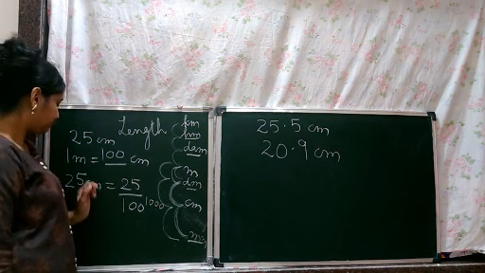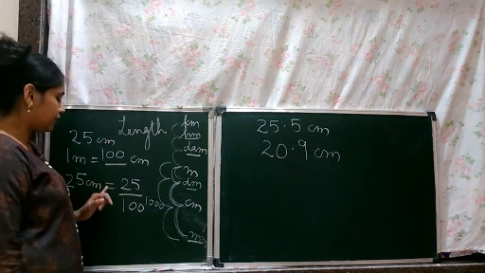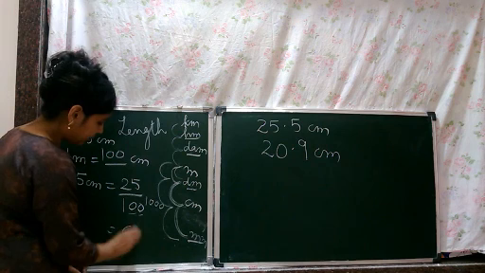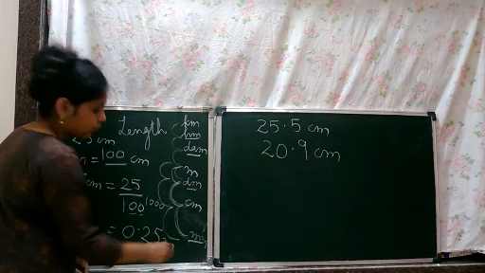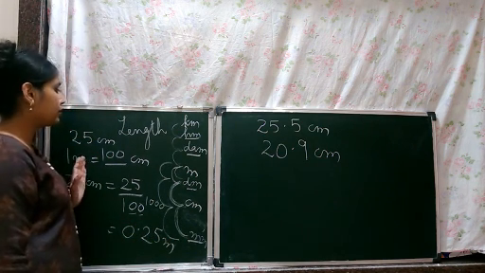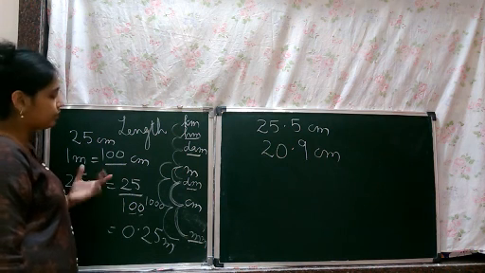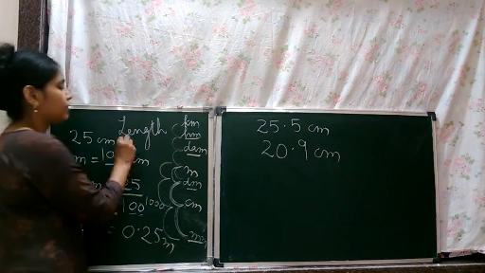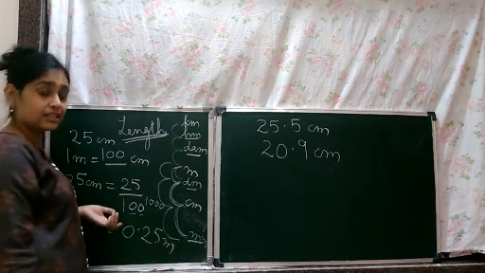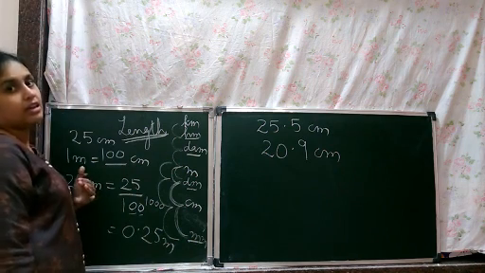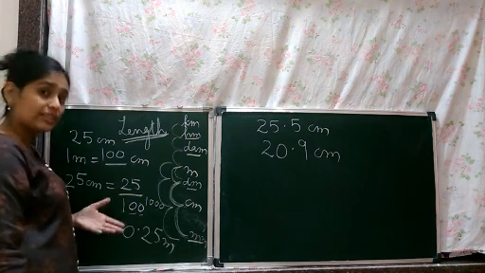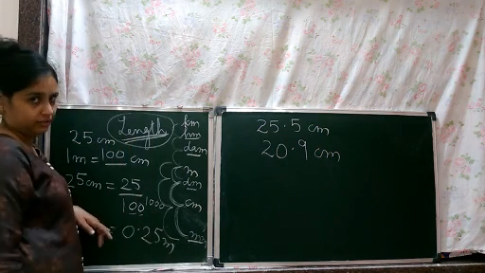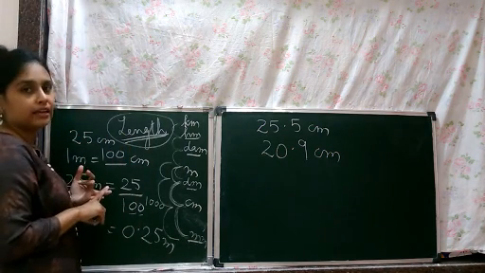So now 25 centimeter is equal to 25 by 100. How many zeros? 2 zeros. So 2 place decimal. 2 place decimal means 0.25 meters. So this completes the length, that is when we do it through meter and centimeter. That is the measurement. So the second example which we did for decimal: first in money, second in length.